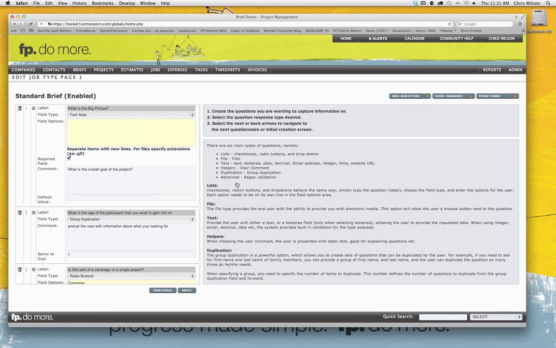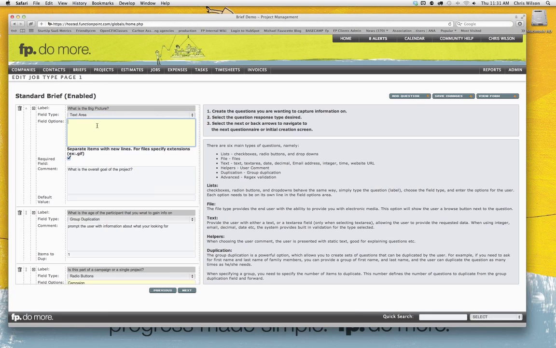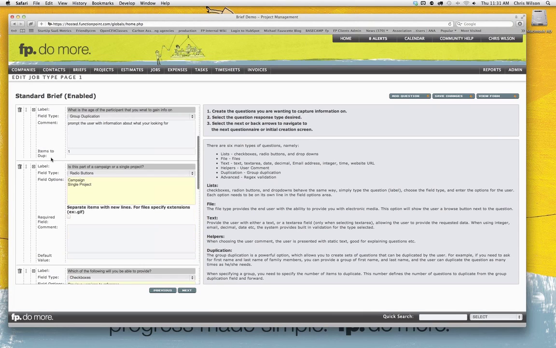I'm going to drill into the next page, which is really where this starts to get a little bit more fun. This is the page that's used for creating each of the questions and for specifying the types of answers that you would expect from the user. So here, in our example, you could see the first question, what is the big picture? For the field type for the response, we have a drop-down that presents the different options, in this case, the text area. We have information that, when using something such as a list view, for instance, you would fill in.